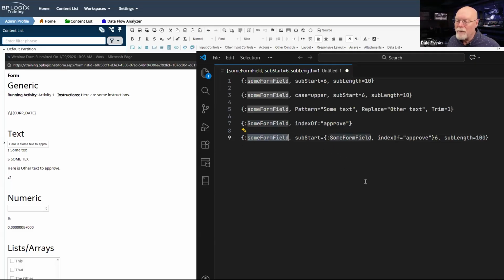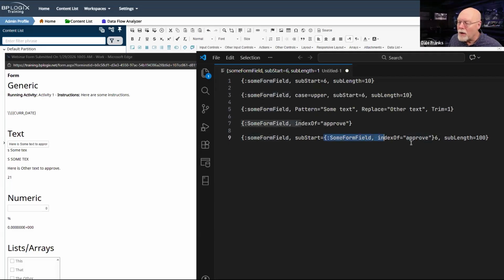I'm looking at some form field. Okay, where am I going to start looking? Well, normally I would expect an index number here. I would need to know exactly, as I did up here, the character at which I wanted to start. But I don't know where the character index is because the text I'm looking for may be anywhere in this wall of text. So let's say it's a multi-line text box and there's a lot of text there. Okay, fine. I don't know where the text I want is, but I want to look for it to see if it is there.